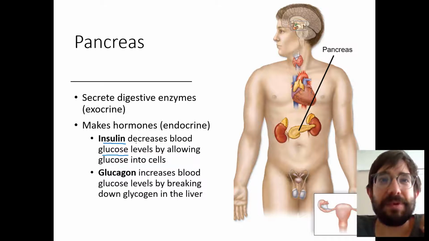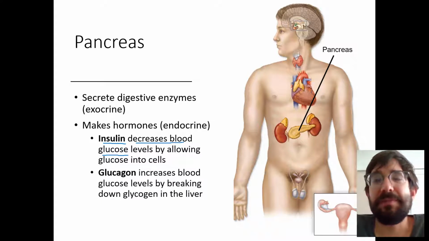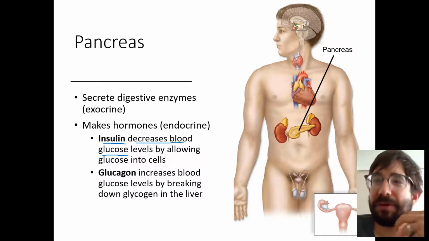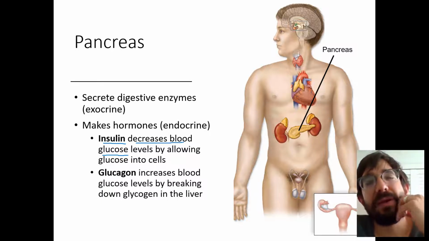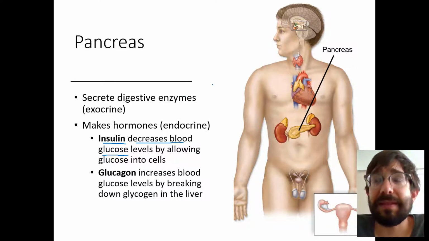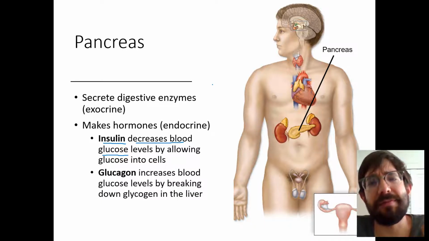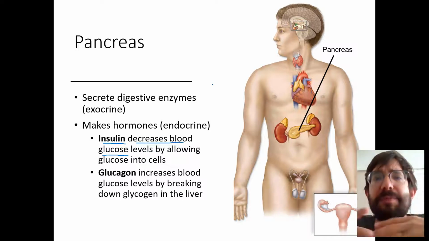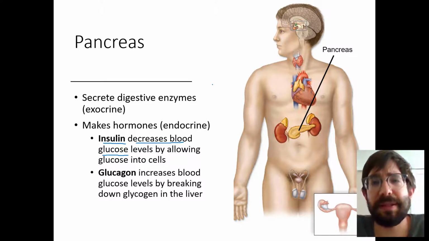Pancreas makes insulin to lower blood glucose levels. And this would be like after you eat a meal. Your intestines start to absorb the nutrients from the food. There's a bunch of sugar suddenly in your bloodstream, and you want to not have that big spike in sugar. So where are we going to put the sugar? Well, one thing we can do is just open it up so that the cells of your body can all take in some sugar. And then if there's extra, we can store it away in the liver. But we'll use insulin to allow the sugar to move into these other places and lower the blood sugar level,